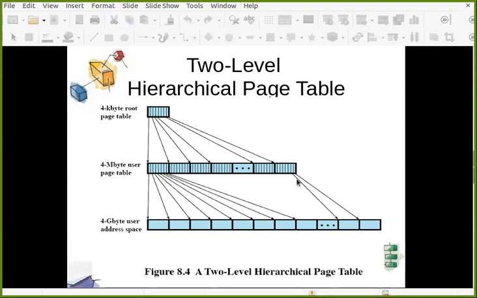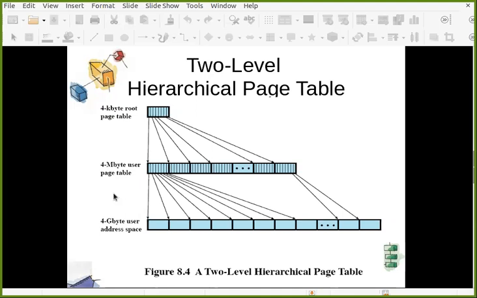How many pages are required to store a 4 megabyte page table? 4 megabyte is 2 raised to 22, and 4 kilobyte page size is 2 raised to 12.